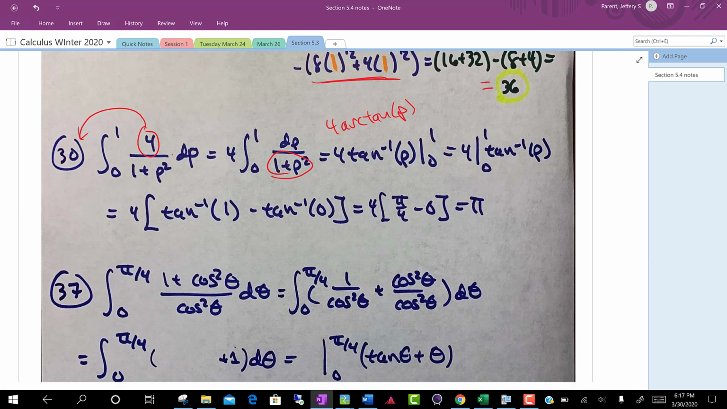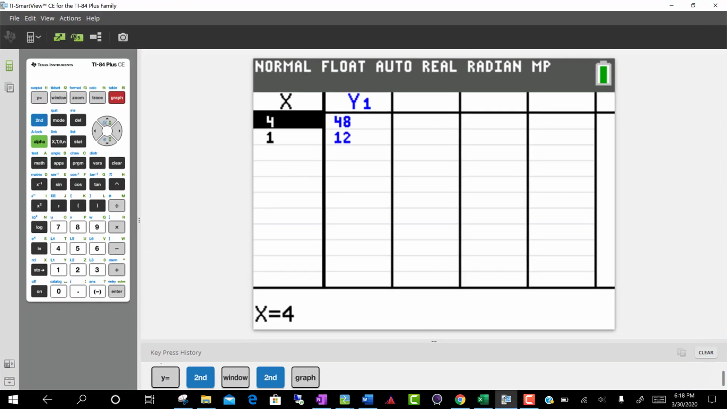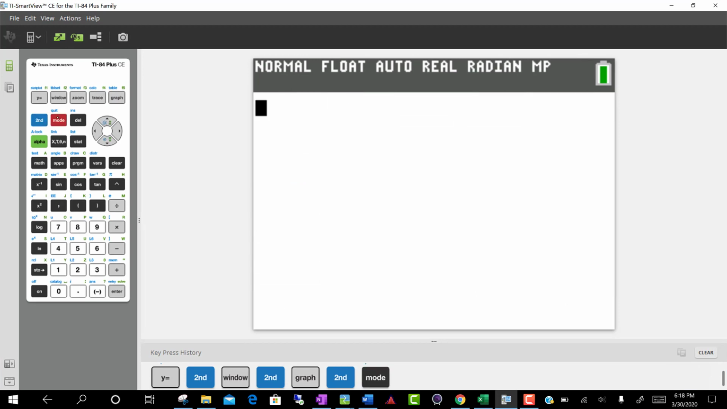Now, see, 4 tangent inverse of p. Plug in your upper and lower limits. So I get the arctan of 1 minus the arctan of 0. Well, what angle has a tangent of 1? If you said 45 degrees, that's great. If that's not coming to mind very easily, that's okay. You probably would want to set your calculator in